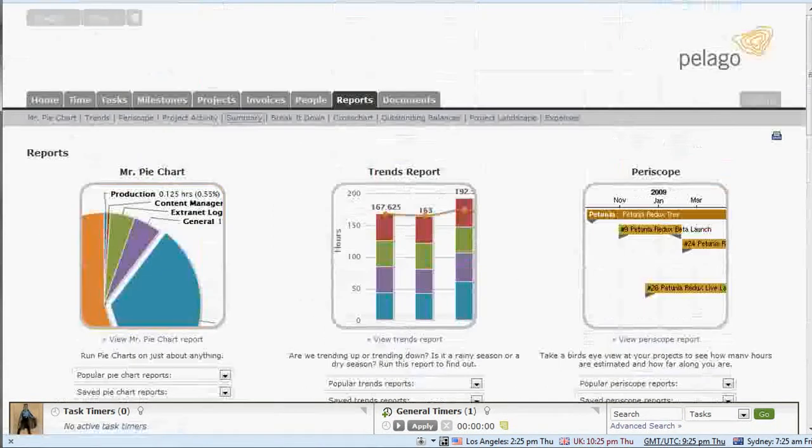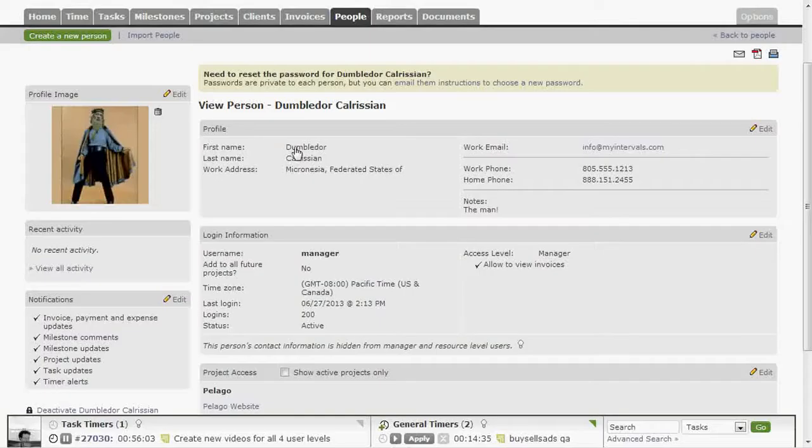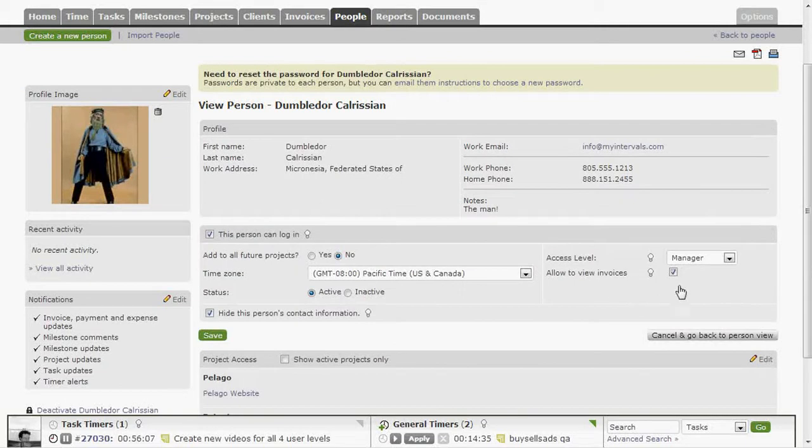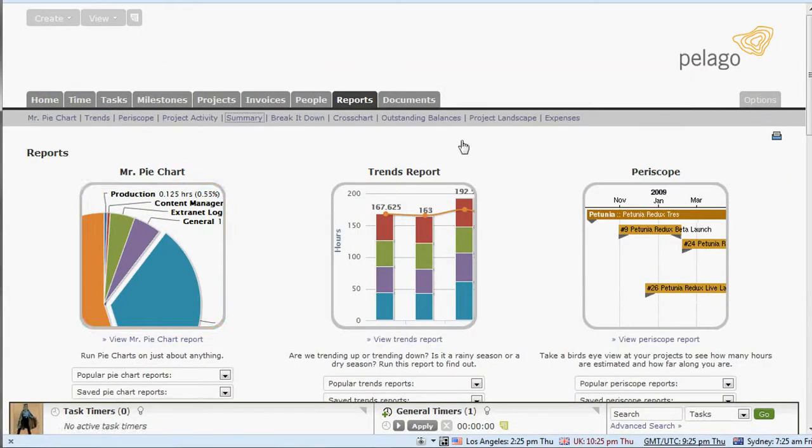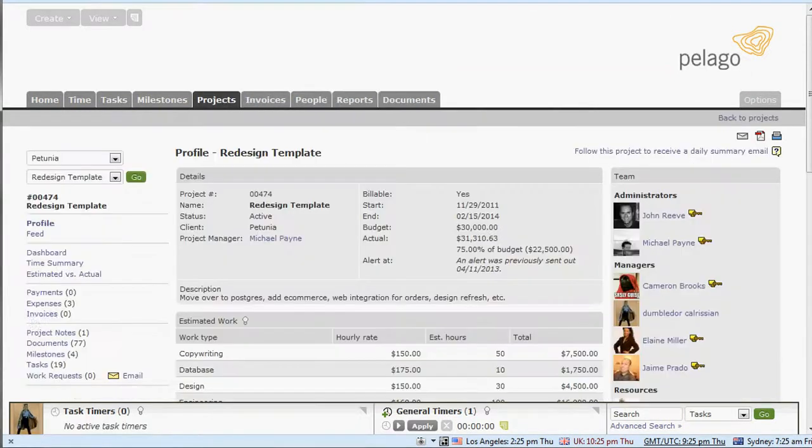The only special preference that exists with managers is the ability to view invoices. By default, a manager can create and view invoices for projects where they're a member of a project team. If you remove this ability, then the invoices tab disappears for them. Reload this. And then within a particular project, the invoices section disappears. And this came to be by feature requests, where a lot of our customers use subcontractors